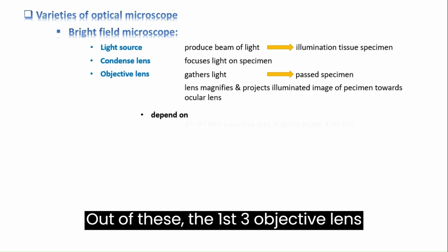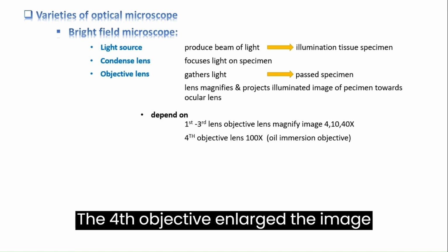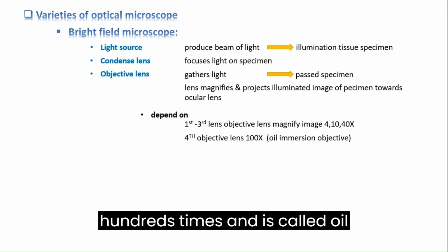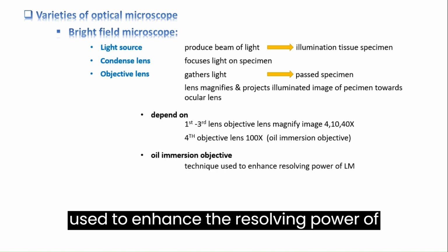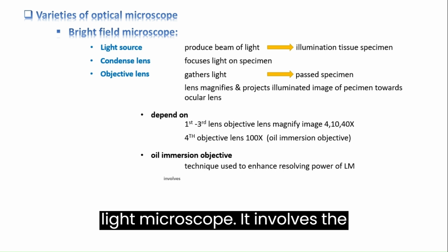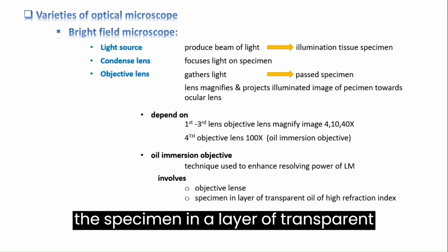Out of these, the first 3 objective lenses magnify the image 4, 10, and 40 times. The fourth objective enlarges the image hundreds of times and is called oil immersion objective. It is a technique used to enhance the resolving power of light microscope. It involves the immersion of objective lens as well as the specimen in a layer of transparent oil of high